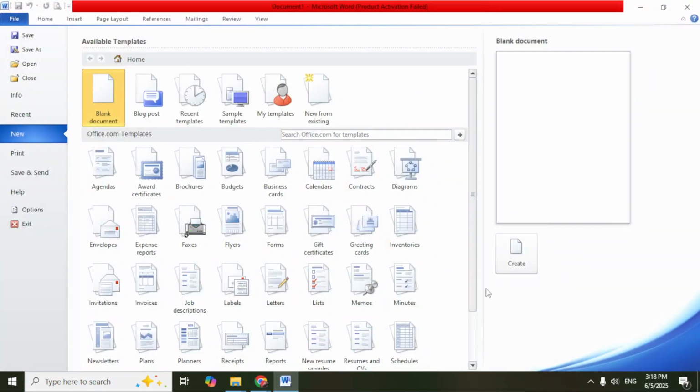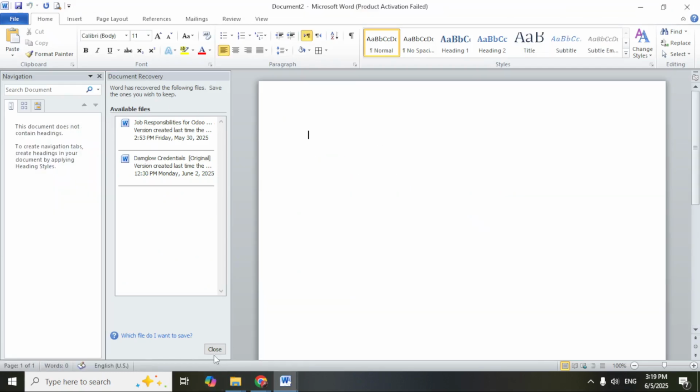Previous class I've already showed you how to open Microsoft Word. Today I'm opening the Word from here, that's using File, New, click on New and Blank Document. You can double click this and you can easily also use different templates if you have similar necessity. So I'll click on blank document because I need a blank document where I could create my own things. So I'll double click on it and here it opens